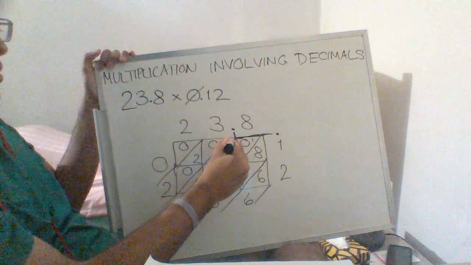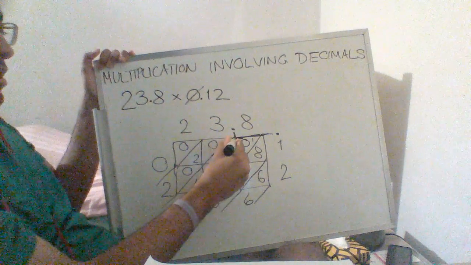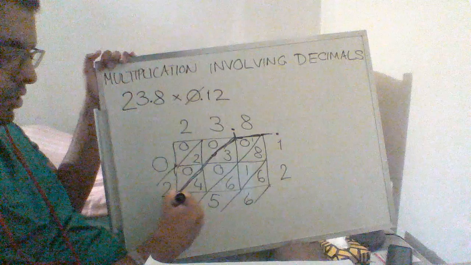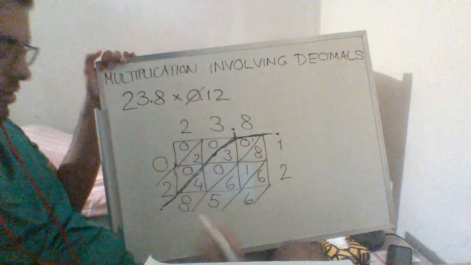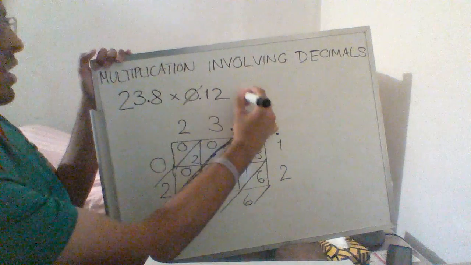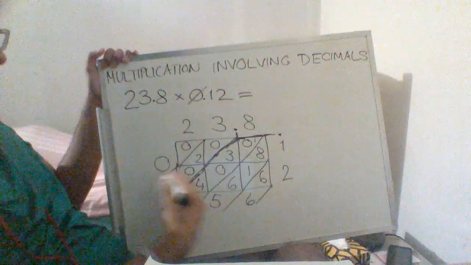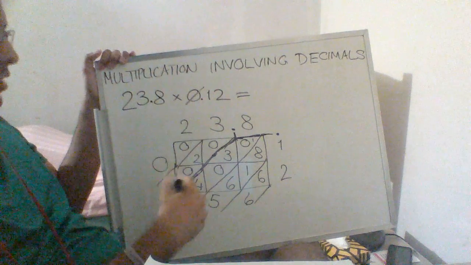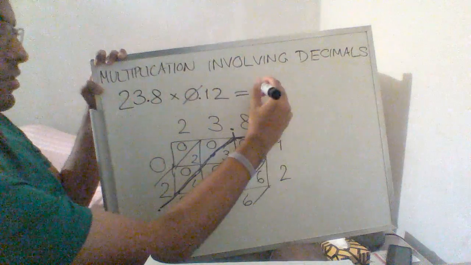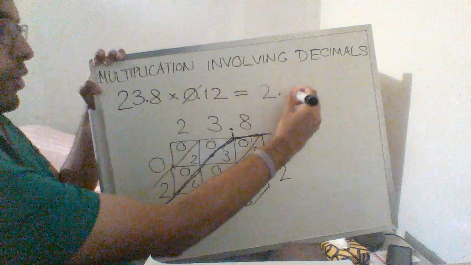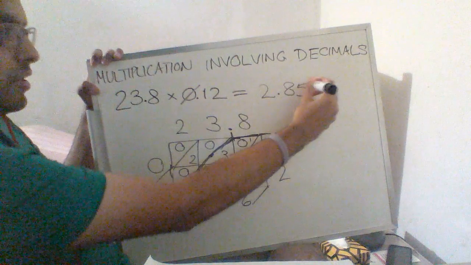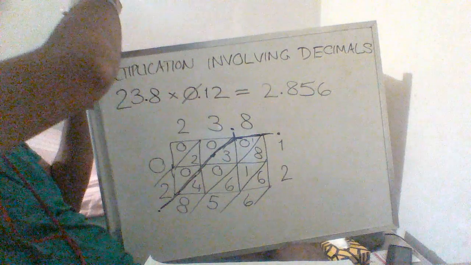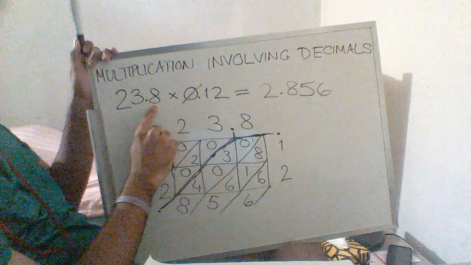But then from there, you just follow this diagonal going down, and it comes down here to between the 2 and the 8. So you would put your decimal point right there, and then you can get your final answer by just reading it off and making sure you have the decimal in the right spot. And you get a final answer of 2.856,